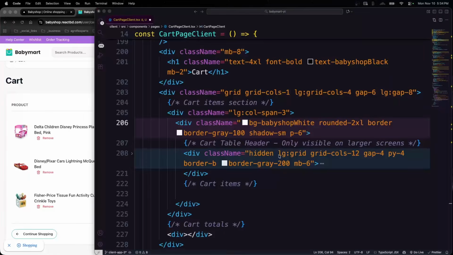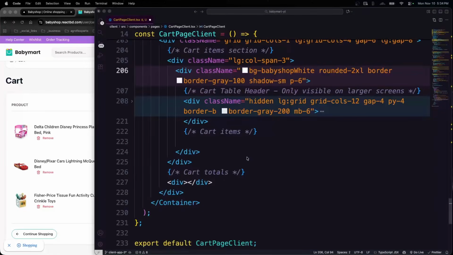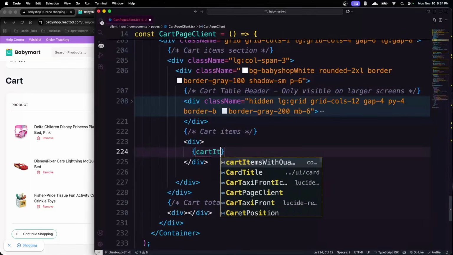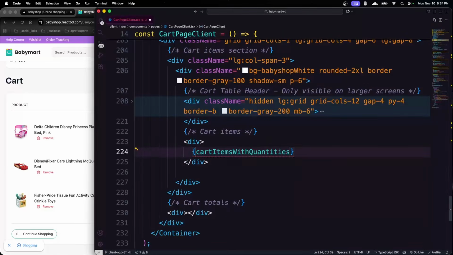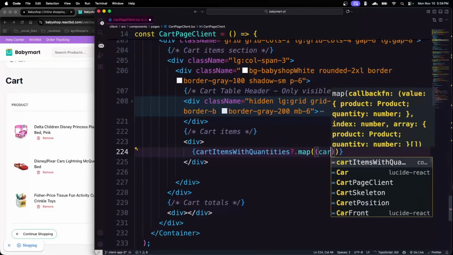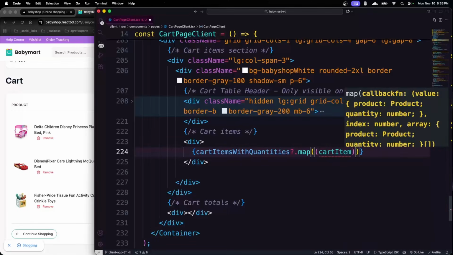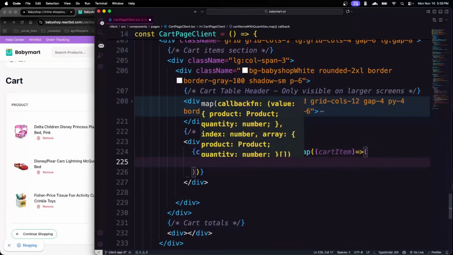Now we're going to bring the products right here. So in the card items, we will just simultaneously do the same thing what we did in the top. So you're going to take a div over here. We're going to make that card items with quantities. If that is there, then we're going to map through it, and every single map should be passing a card item. And on that card item, we need to provide a return over here,